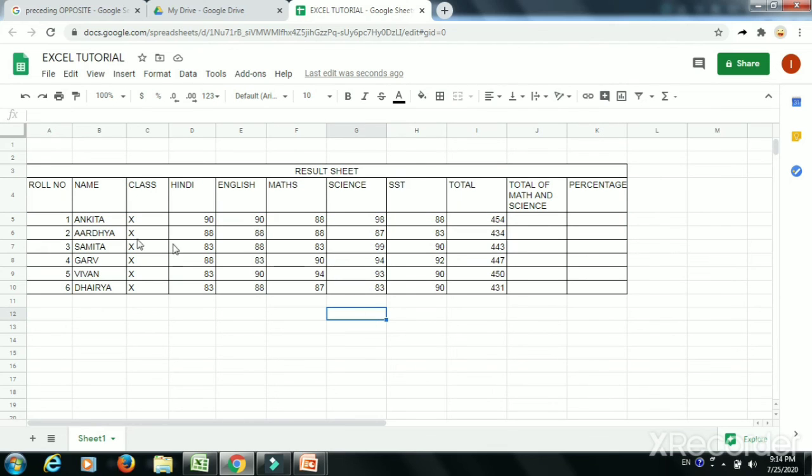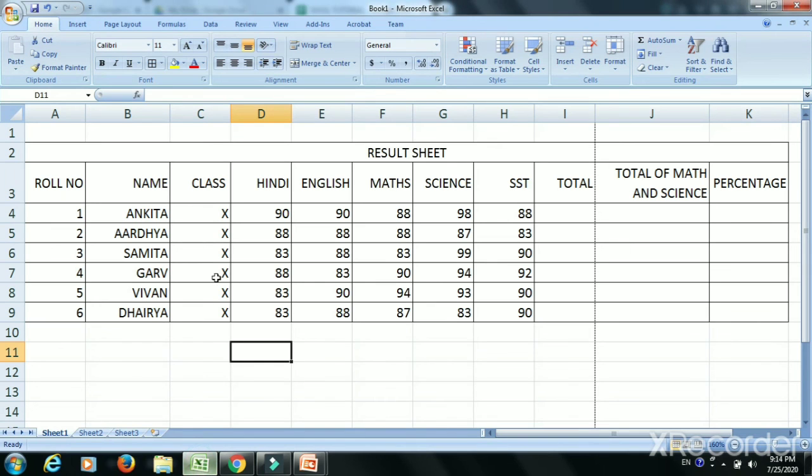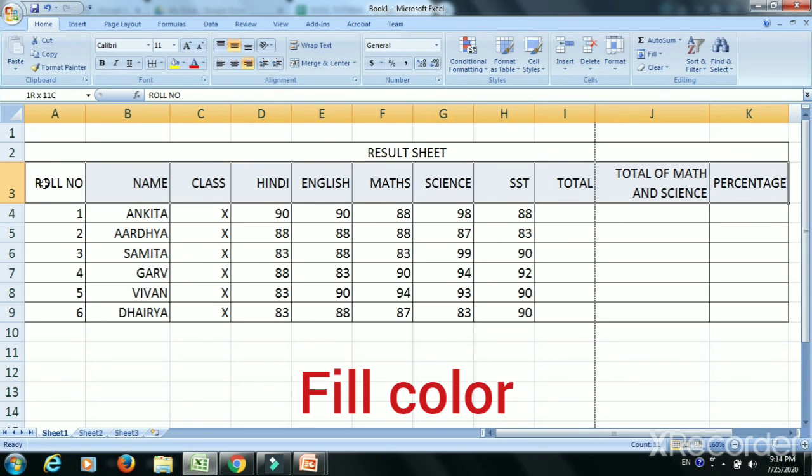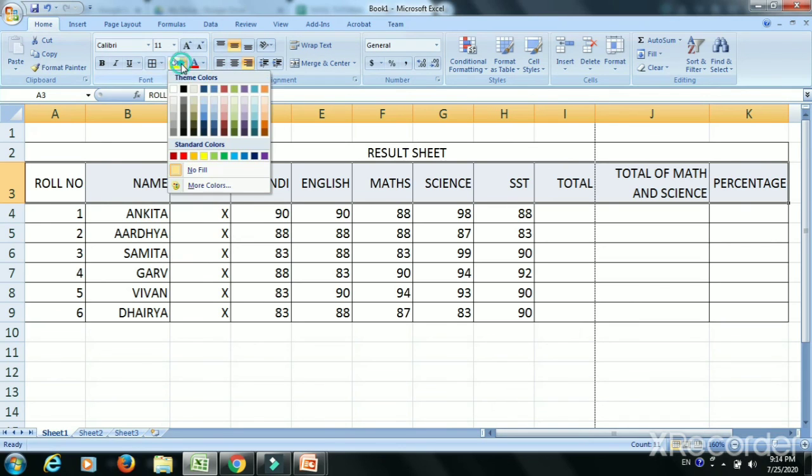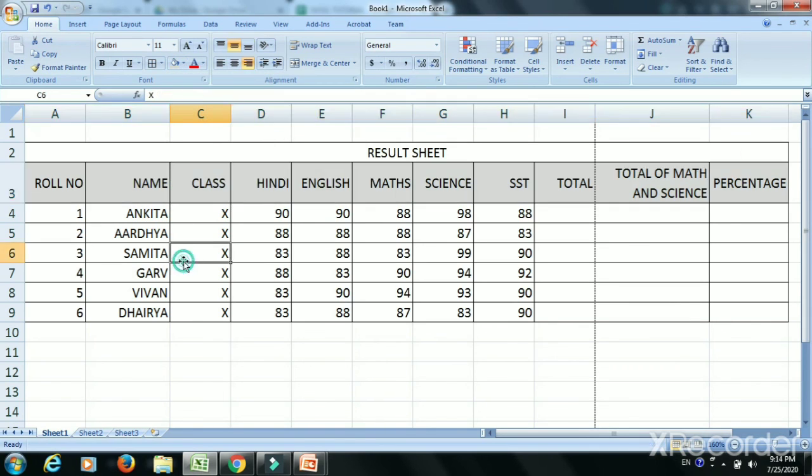One more feature I am discussing. If you want to fill the background color in this heading, so what can we do? We will go to the fill color option, and here we can take any of the light colors that will make it look like a heading. So I have taken this gray color. Suppose I want to make all the headings bold, so I will select all the headings and I will click on the B, or I can press Ctrl plus B from the keyboard. Now you can see this is appearing as bold.